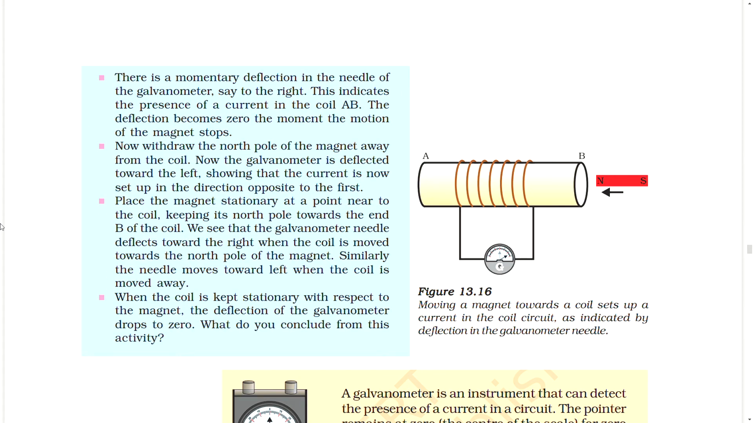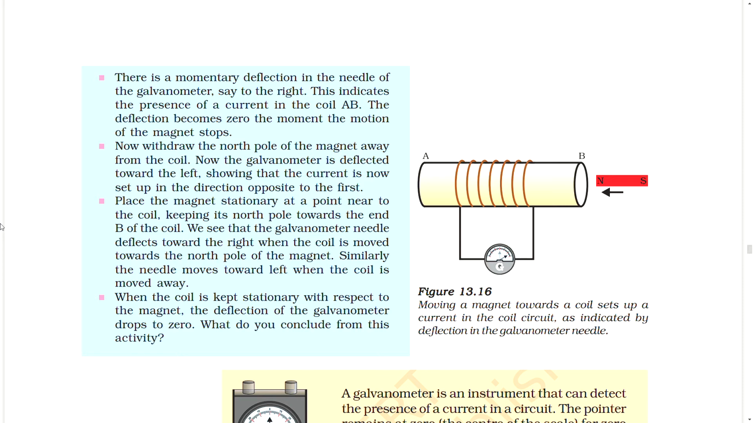There is a momentary deflection in the needle of the galvanometer, say to the right. This indicates the presence of a current in the coil AB. The deflection becomes zero the moment the motion of the magnet stops. Now withdraw the north pole of the magnet away from the coil. Now the galvanometer is deflected towards the left, showing that the current is now set up in the direction opposite